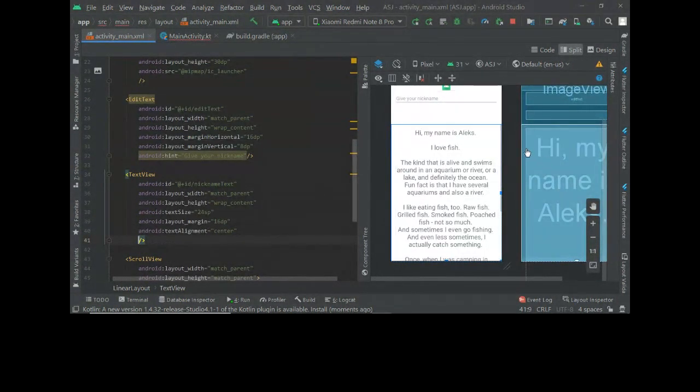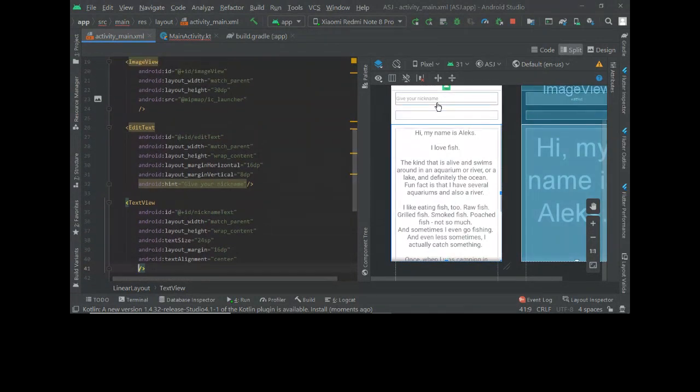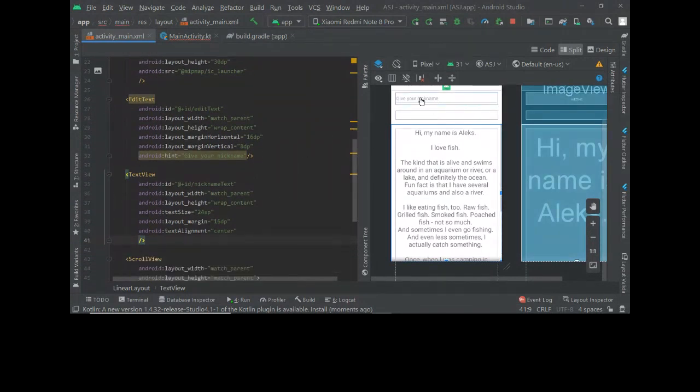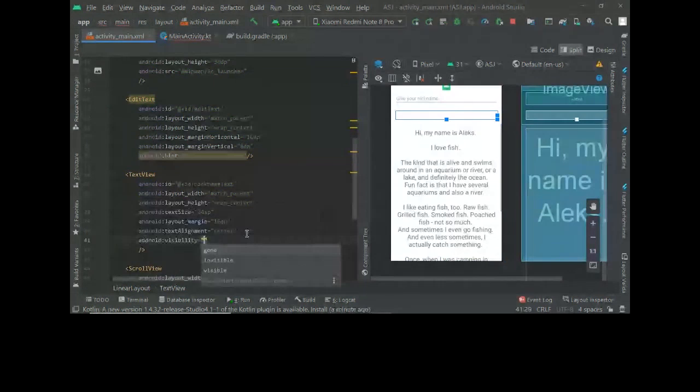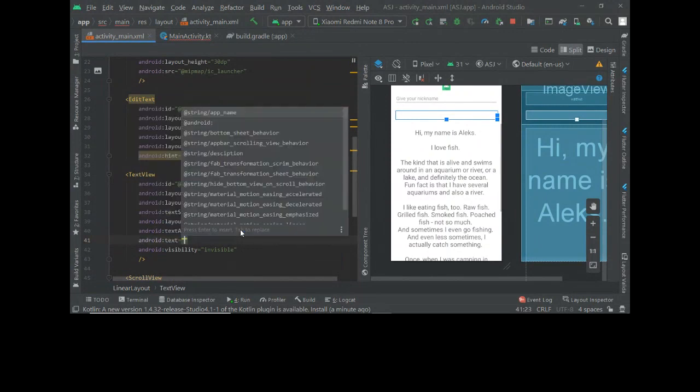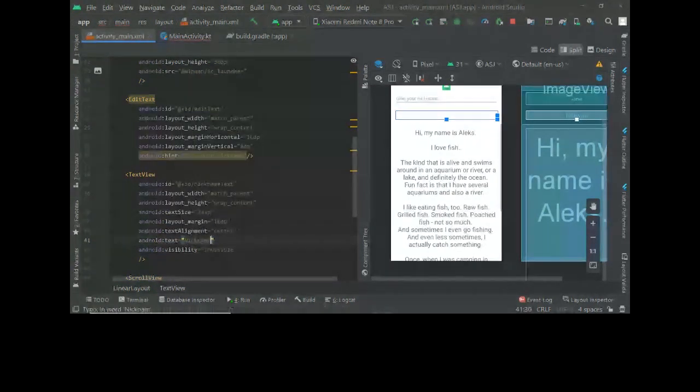So now the important thing is the nickname text, right? Before giving your nickname, it should not be visible. Only after you've given your nickname should this text be visible. So we have this option called visibility. Click on that, and there are three options. Visible means it's visible. Now if I click on invisible, you cannot see it here because it's invisible.